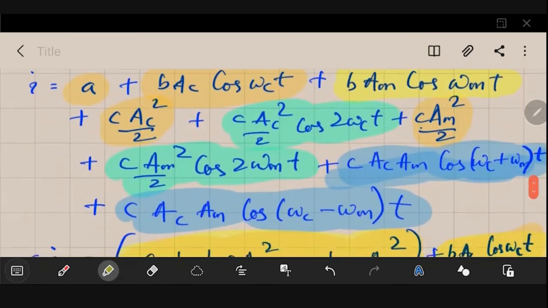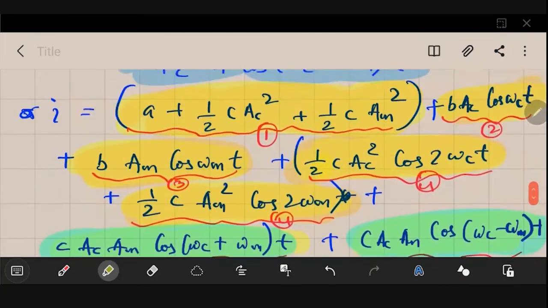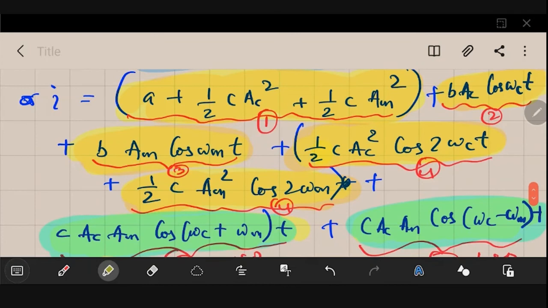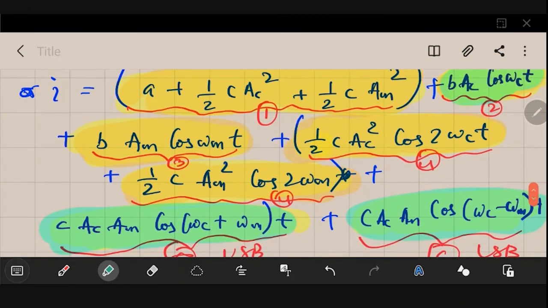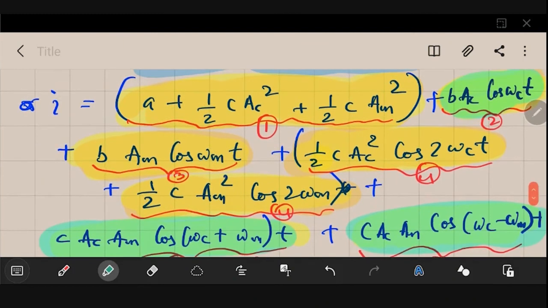So here you could see those are the different components that are present. The ones that I have shown here in green are the components that are desirable. So these are the components we require. The upper sideband and the lower sideband are the things that we require, and we should remove the other components. However, since the second term, BAC cos omega ct, has the same frequency as the two sidebands, that will also remain. So these three components which I have highlighted in green will remain and the others need to be blocked.